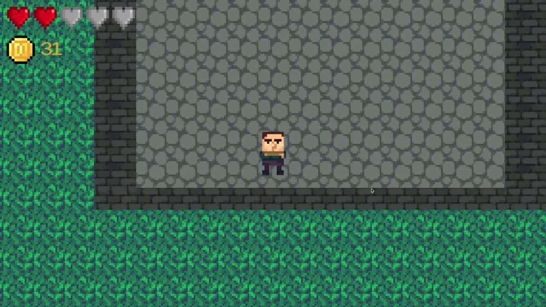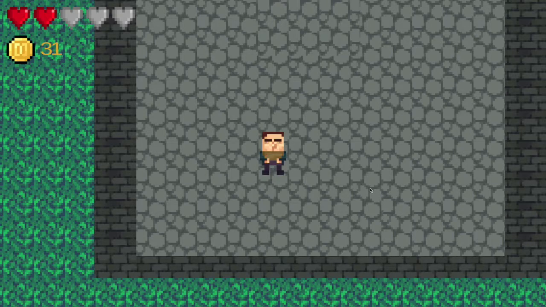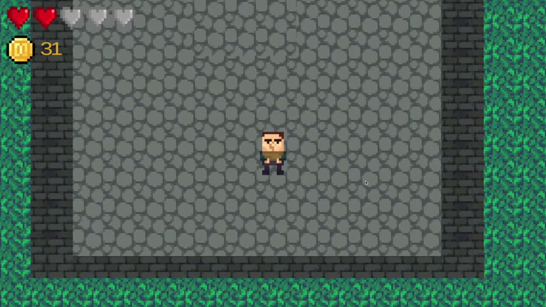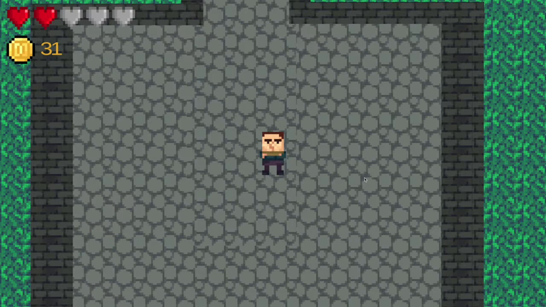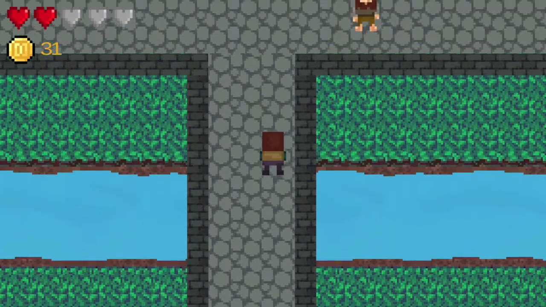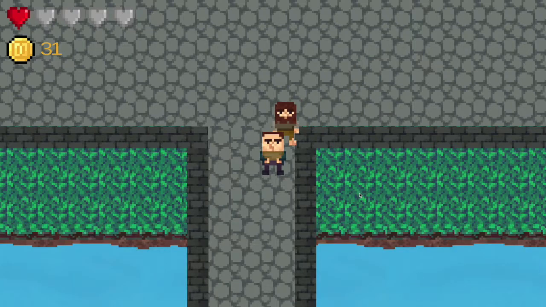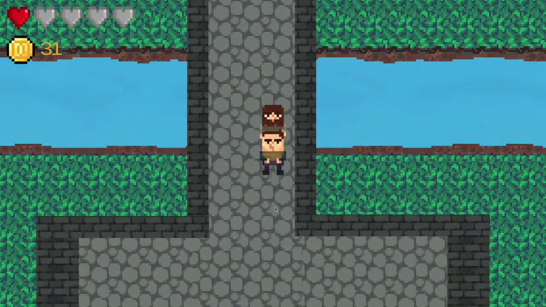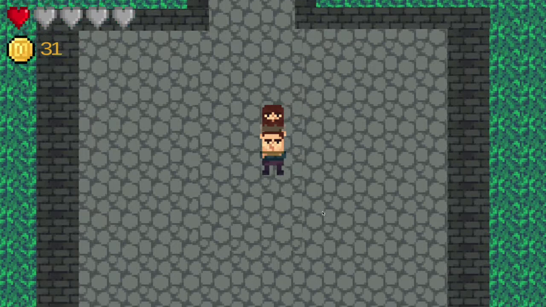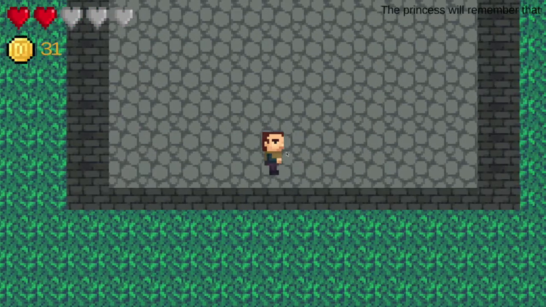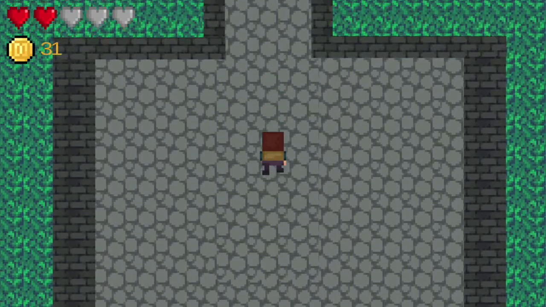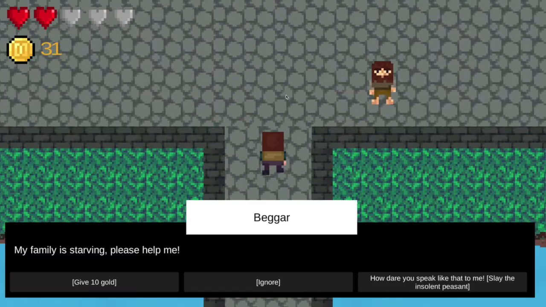The princess will remember that. I think that just turned them hostile, and then they immediately attacked us because you only had 2 health. They're now back at the start. Oh right. Okay. Beggar. Let's slay the insolent peasant. So yeah, he's attacking you now. So quick, stab him. Is he pushing me? Oh, okay. He killed you. That's interesting, isn't it? I wasn't aware of that because he was pushing me. I thought I was running away.